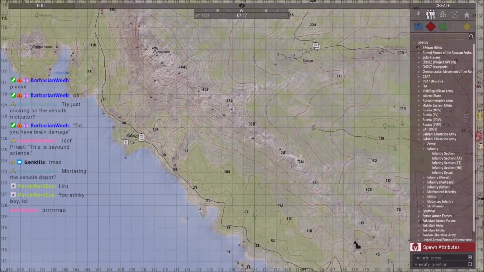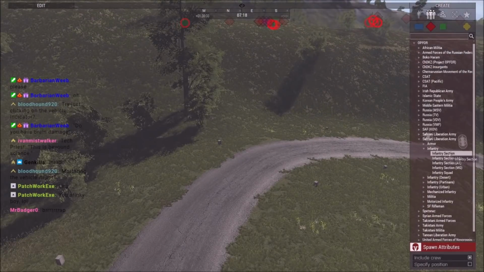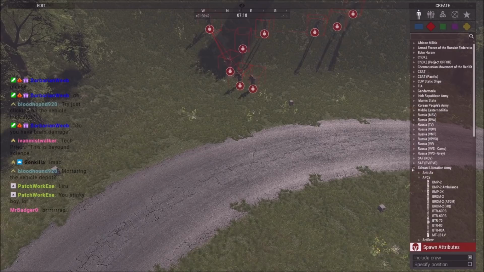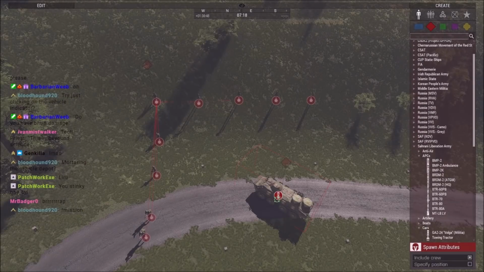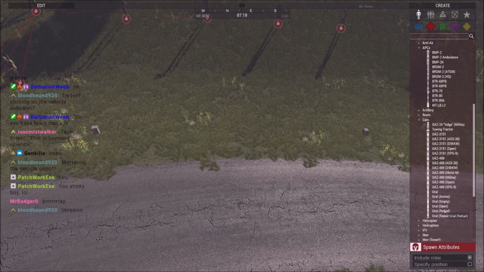Alright, so this next batch of QRF, I'm actually going to have spawn down here. That's out of view from the helicopter as well. So we're going to do a squad here, and as you notice, we're starting to really kick that swarm up. See, they don't have any BMP2s. I do have 70s, but the 70s are RHS. I don't really want to use those. I'm thinking just